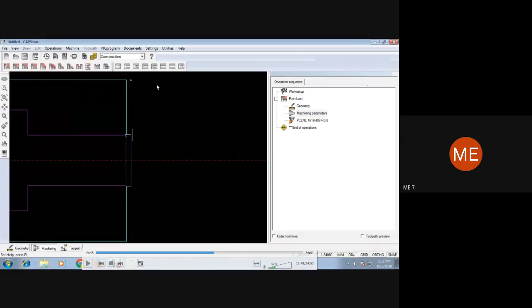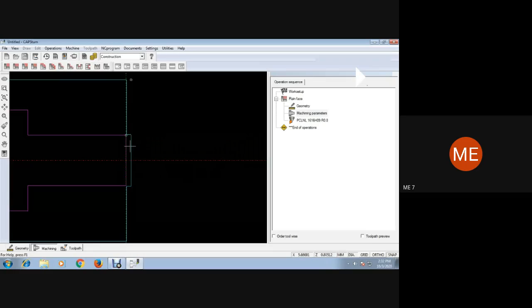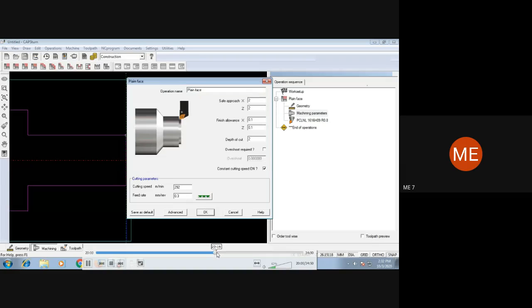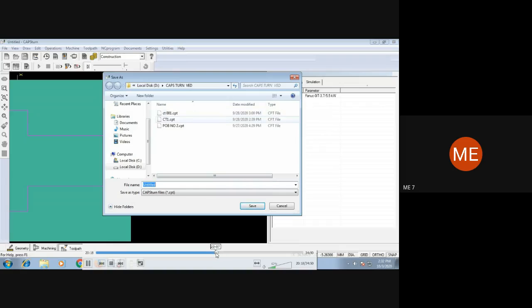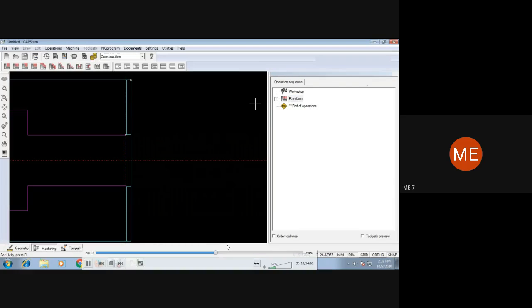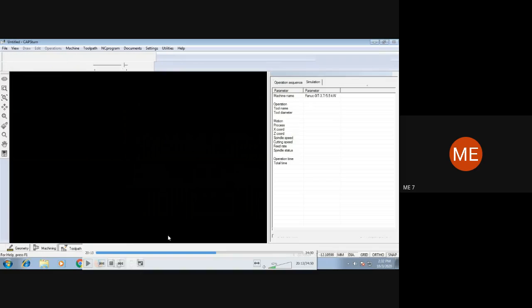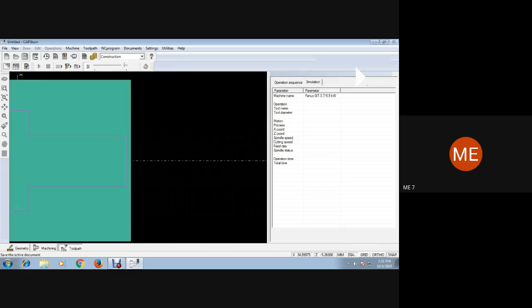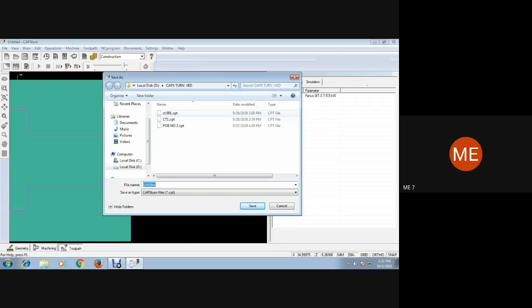You can see the indicator: after plane facing, this blank edge has been moved inside, to the new position. Now just to show, we'll go to the toolpath tab. Save the file at this stage.